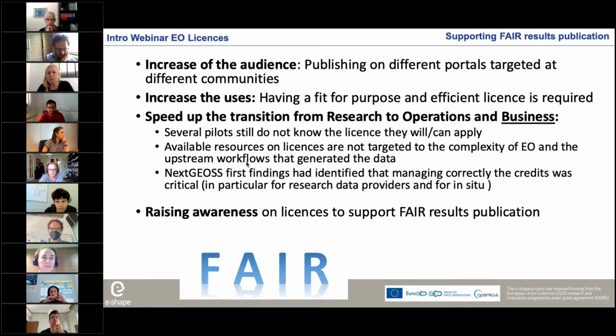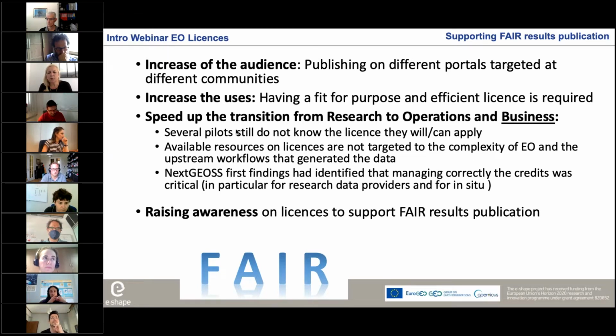And then one of the goals of eShape is also to speed up the transition from research to operations and to business. And recently, with the support from ERSC, we have developed a data survey, asking the pilots which were the licenses of the input data they were using and which license they were planning to apply to their product. And we have discovered that several pilots still didn't know the license they could apply, and